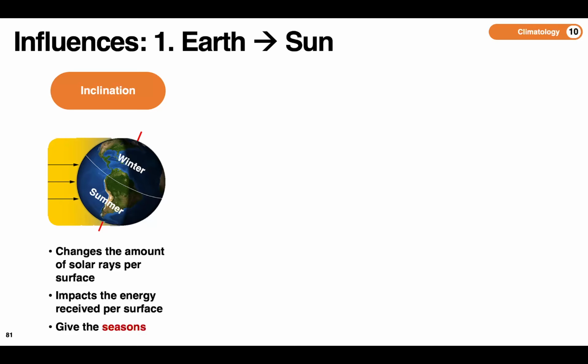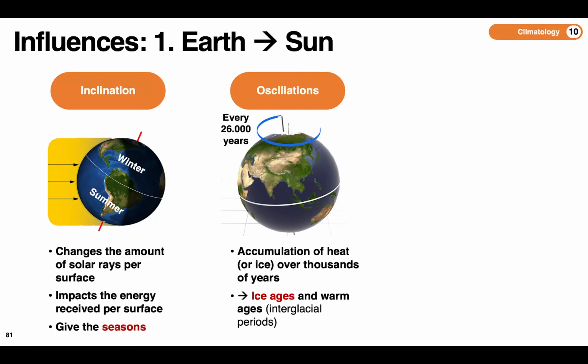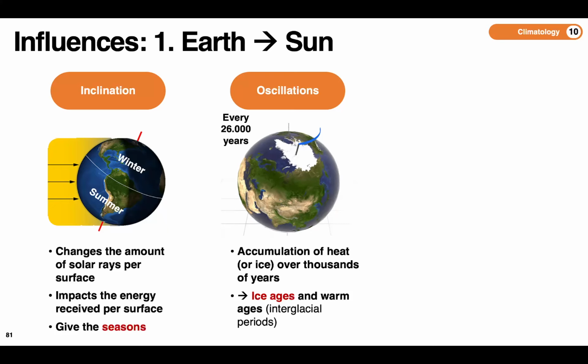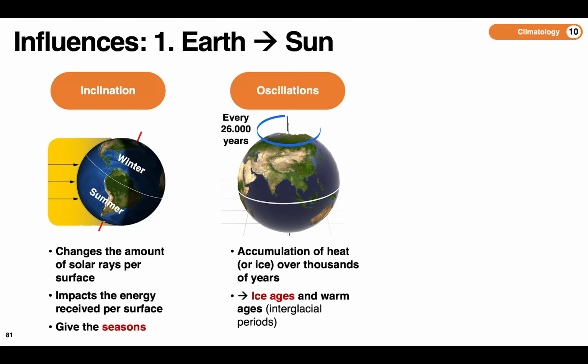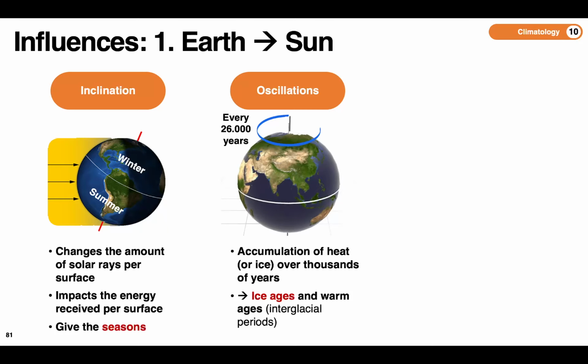This uneven heating also has another effect, which is to produce global air circulation patterns from hot to cold, as well as global water circulation patterns in the oceans. In addition to that, the axis of rotation of the Earth, let's say, wobbles, which is called an oscillation, across tens of thousands of years. So it does a full circle every about 26,000 years, which prompts long-term climate events such as ice ages and